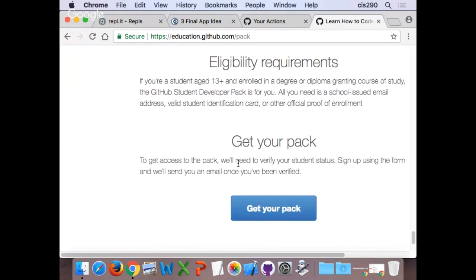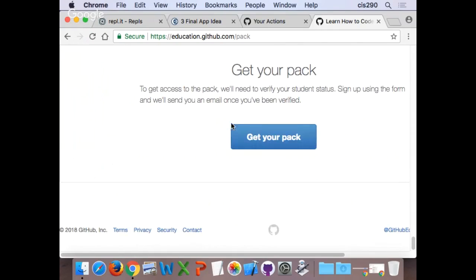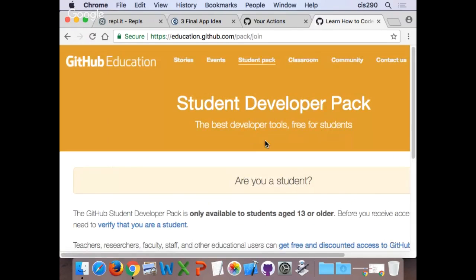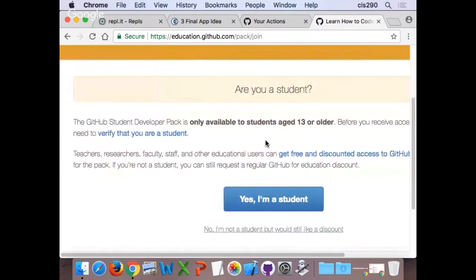Let's see here. The problem is this: if you did not use a school issued email, you need a school issued email or a valid student identification card or other proof of enrollment. I guess if you have all three, you can use any. Once you go down though and click to get your pack, the final one, it's where it asks you, are you really a student?